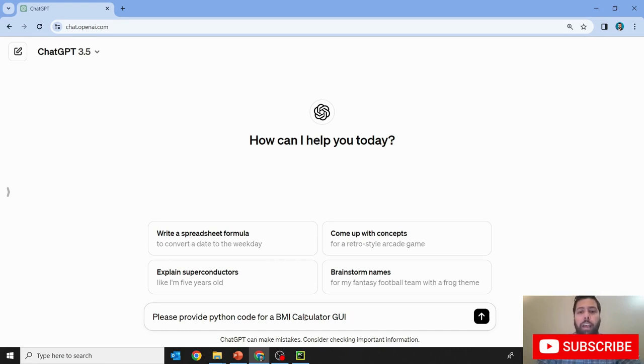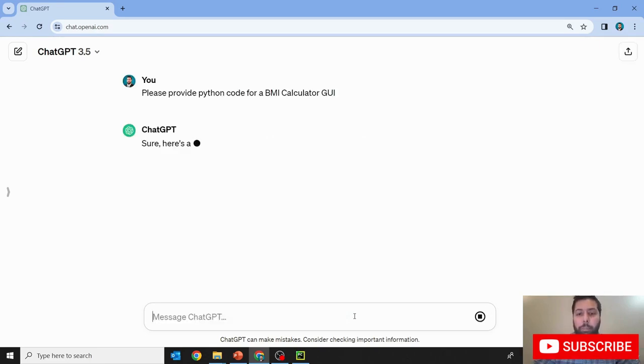If you haven't heard of that, it's basically a measure of your body mass, and it's based on certain parameters, specifically your weight and your height. So make sure you specify GUI because that makes all the difference. If you just put, please provide Python code for a BMI calculator, it's just going to give you that. But if you put, please provide Python code for a BMI calculator GUI,